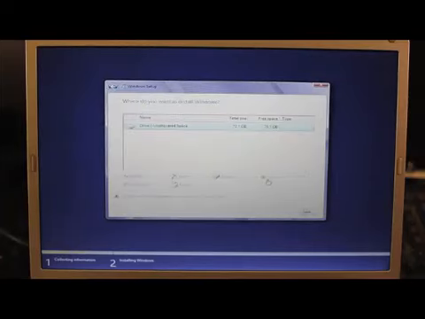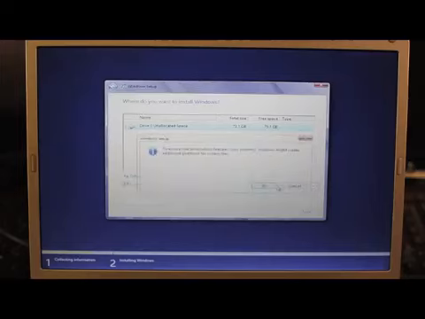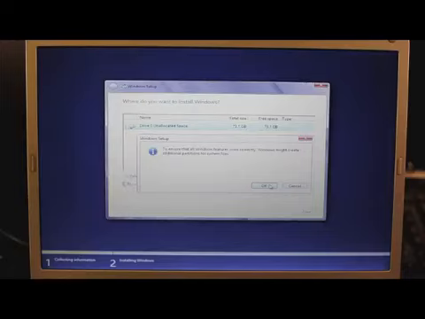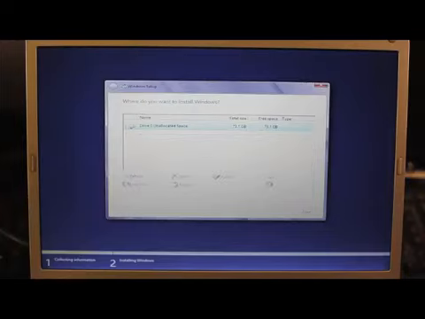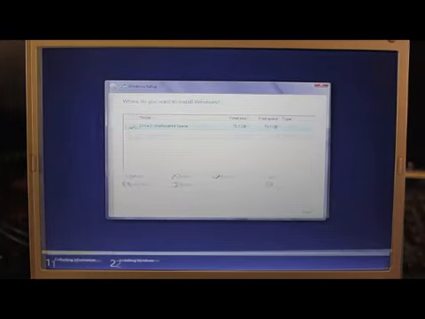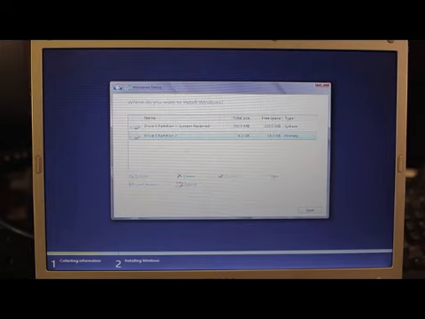We're going to select Create a New Partition. We're going to leave the size at maximum and click Apply. At the next dialog box, it'll let you know that in order for Windows to work correctly, it will automatically create additional partitions for system files. Simply click OK. As you can see, Windows has automatically created a second, smaller partition to store these critical system